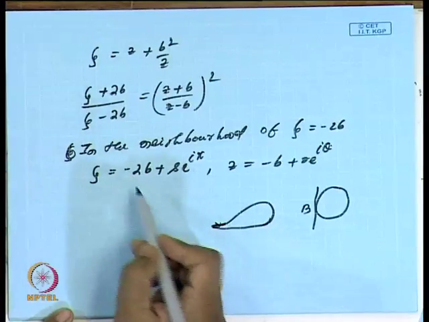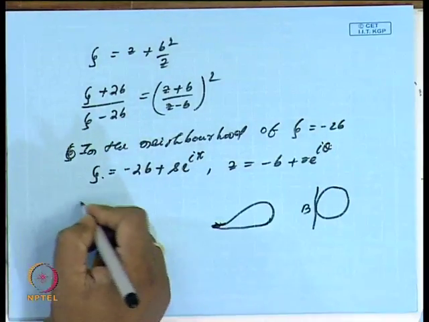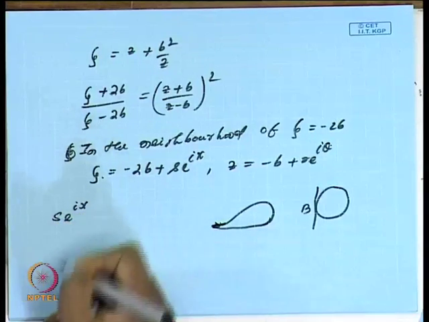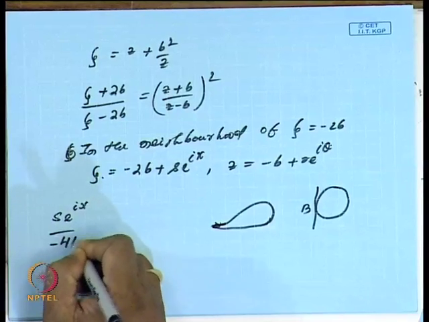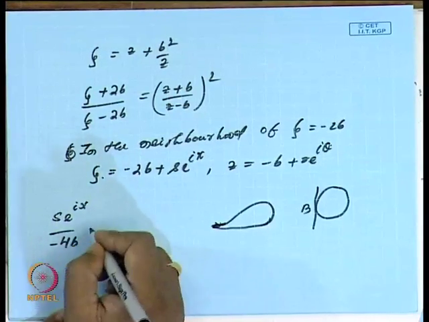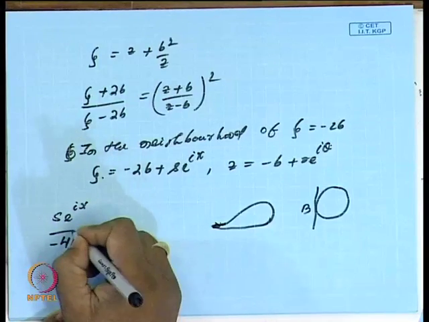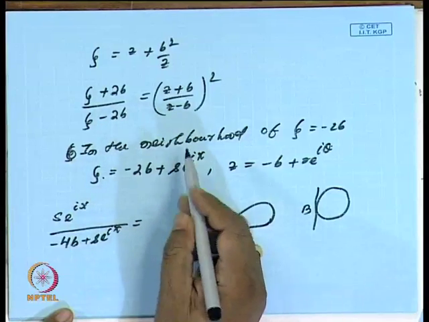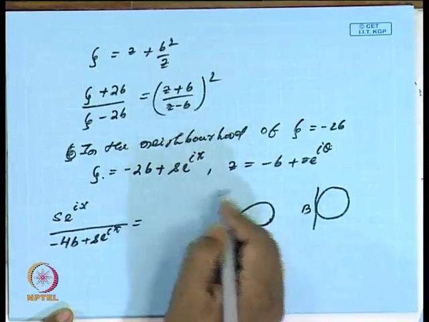Then if I substitute for this zeta and z in this expression, then I will get s e to the power i chi by minus 4b plus s e to the power i chi equal to,